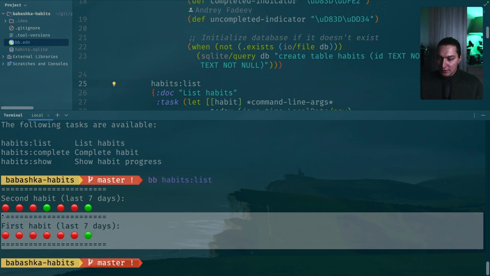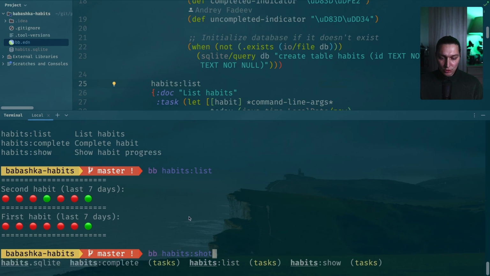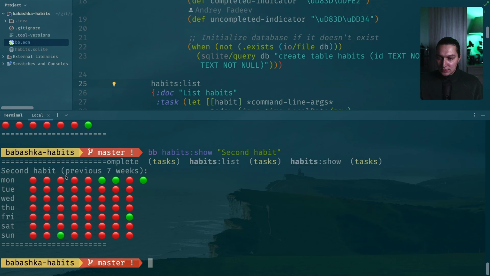Pretty obvious. And we have the second habit as well. Then we have our habits show. Here I need to pass the habit ID, which is this title. And in this case, we'll see more data from the past. By default, it's 7 weeks. So this is today, and then all previous weeks in vertical format, like Monday, Tuesday, Wednesday, etc. And by the axis, it's weeks. And the third one is bb